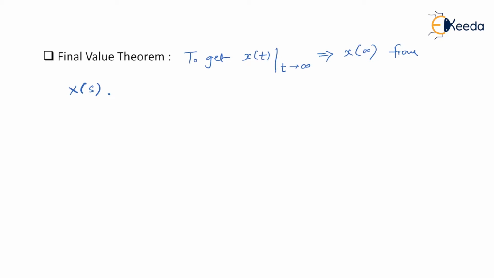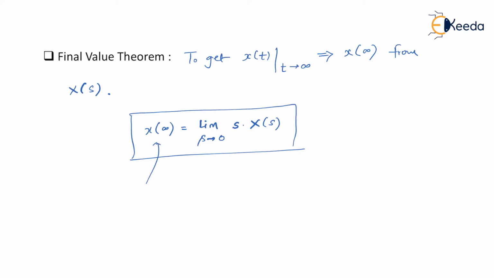And you know what is X(s)? X(s) is nothing but the Laplace transform of x(t). So without using the inverse Laplace, if you want to get the final value, it is given like this: x(infinity) equals the limit as s tends to 0 of s times X(s), where x(infinity) means x(t) when t is approaching infinity. Please remember, this x(infinity) is known as the final value. So the initial value theorem and final value theorem help you get x(0) and x(infinity) directly from the given X(s).